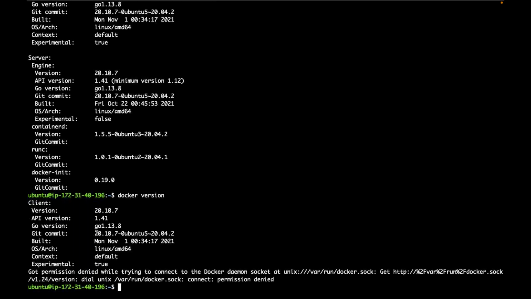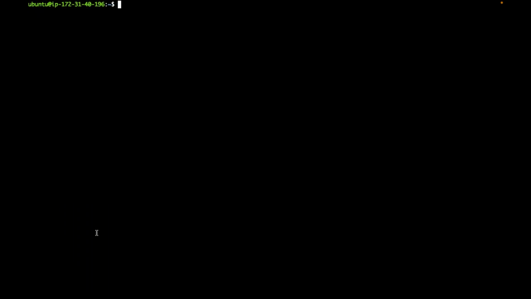You need to add this non-root user to the Docker group. When I install Docker, a group called docker is already created. If I add this non-root user to the Docker group, then can this user execute commands to interact with the Docker daemon? Yes. So how to add the user? I think you already know. I need not explain.